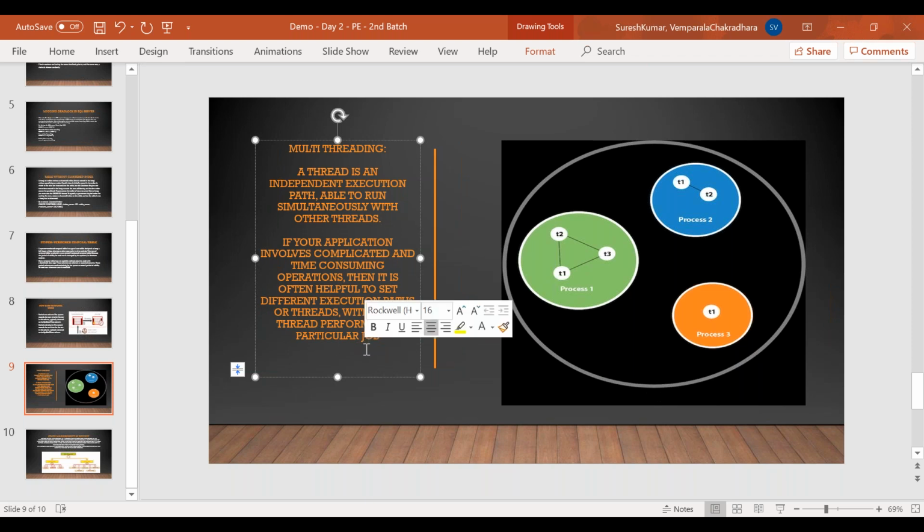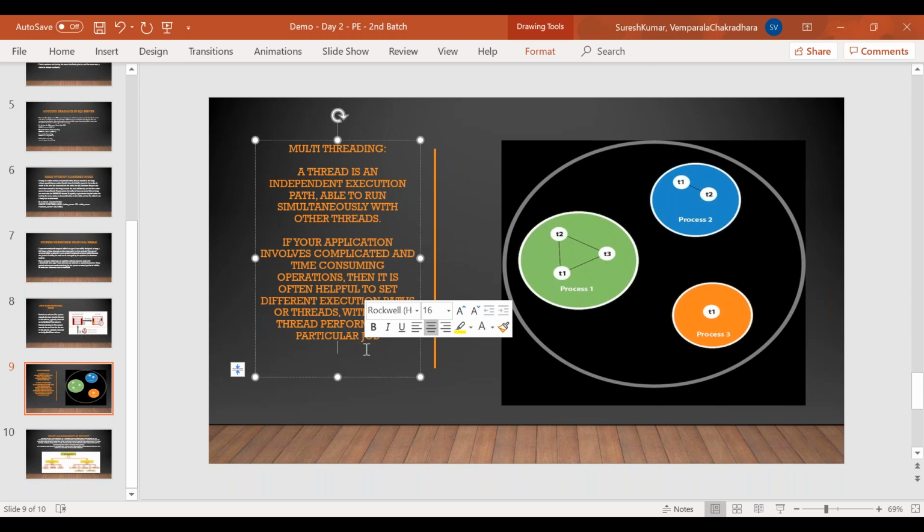A thread is a lightweight process. Whenever we open any application, it will have a process ID in the task manager. For example, if you open the calculator on the computer, you will see calc.exe with one process ID created, which is the main thread. Similarly, if you open Chrome, in the task manager you see chrome.exe running in the background, and you can kill that process also.